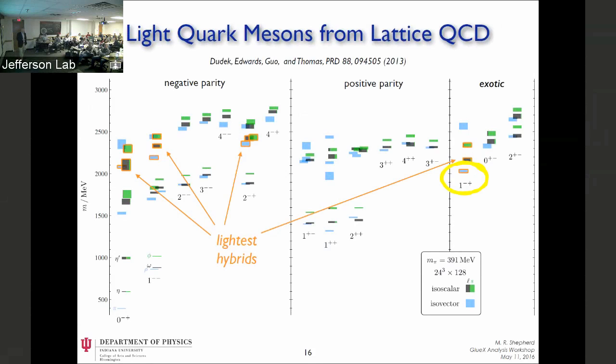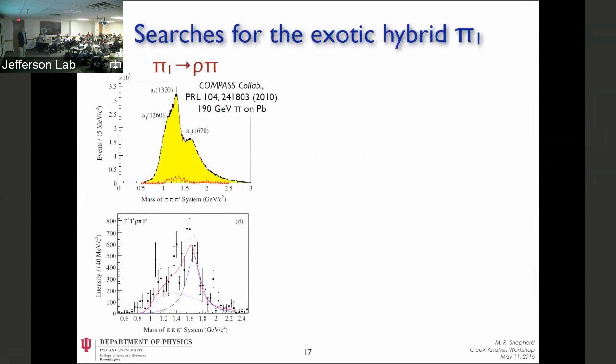And so here again, you're looking for an object that decays with a particular angular distribution that's characteristic of 1-. So what you might do is look for the decay of pi 1, the 1-, to rho pi, and the rho decays to pi plus pi minus. And when you do that, you have to be able to separate out all the various contributions, all the things that can decay to rho pi. So if I just plot the 3 pi invariant mass, I see bumps in the spectrum that come from both rho pi and f2 pi, the a1, a2, the pi 2.